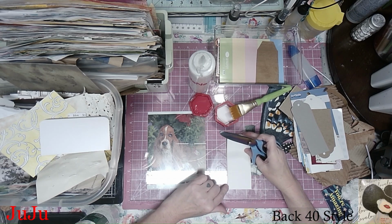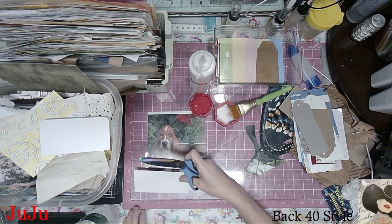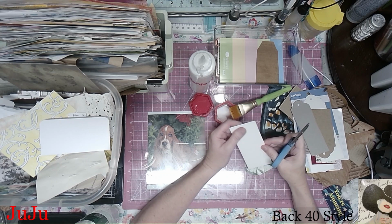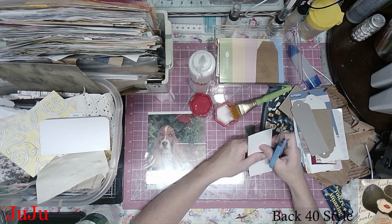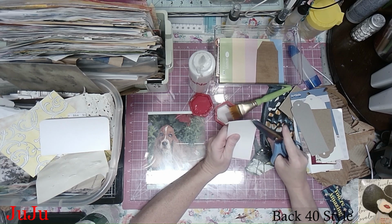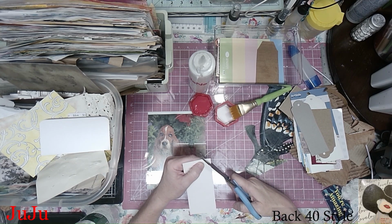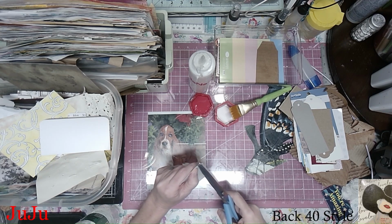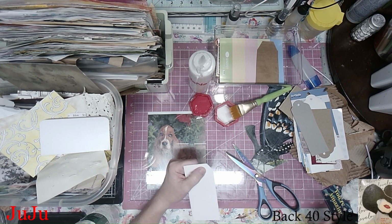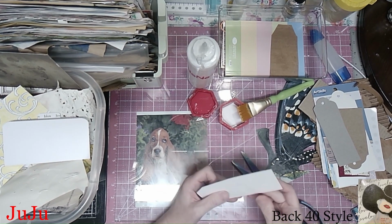So when you measure it, there's 2.5, and then I think I did this one 4.5. But when you measure it by 2 by 4 or 2 by 5, whatever, how tall you want it, you're gonna go up at the top and then just cut at an angle on this side to give it that slant. Okay? Did you see that? Let me take you down. Alright, you want to go up